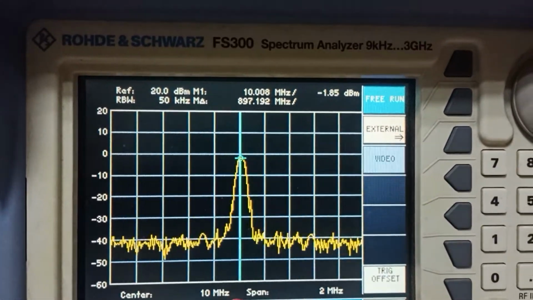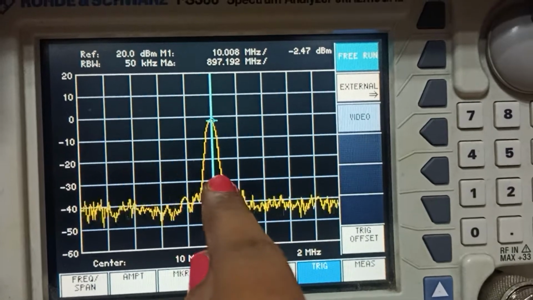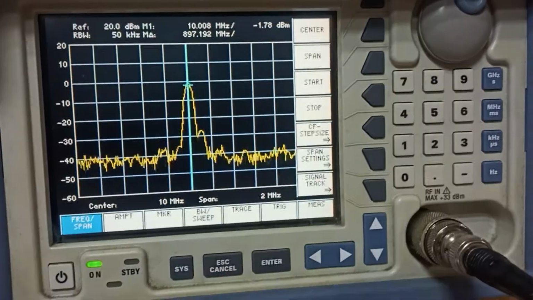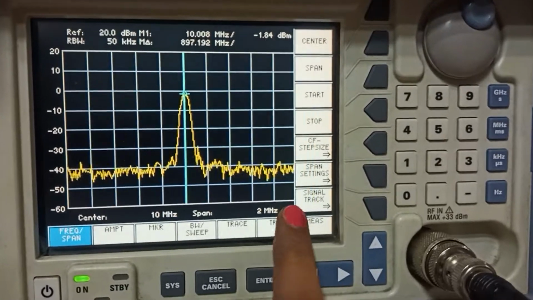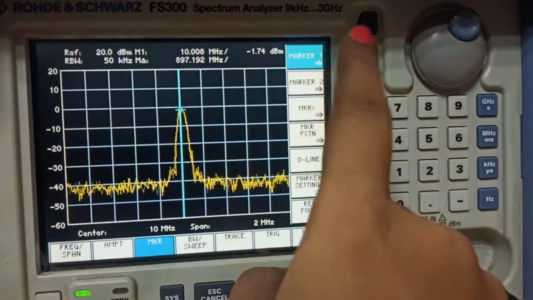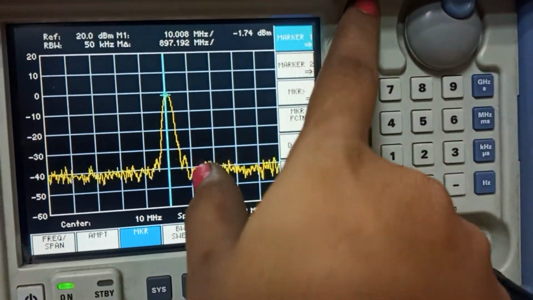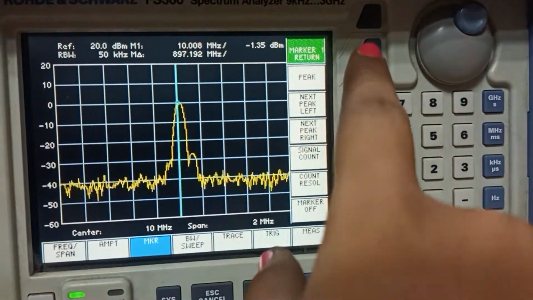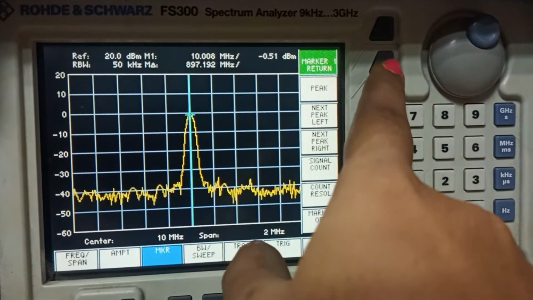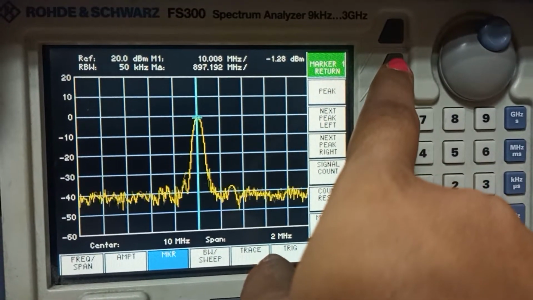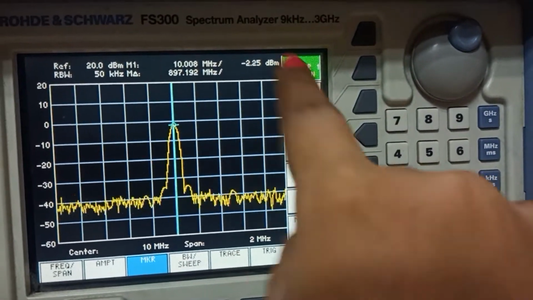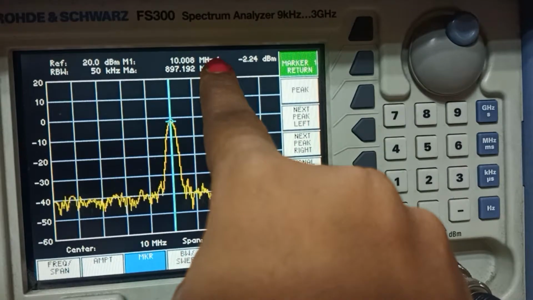So how do we know the frequency of this signal on the spectrum analyzer? We select the marker menu, and on channel 1 there is the function peak. It shows that the frequency of this signal is 10.008 megahertz.